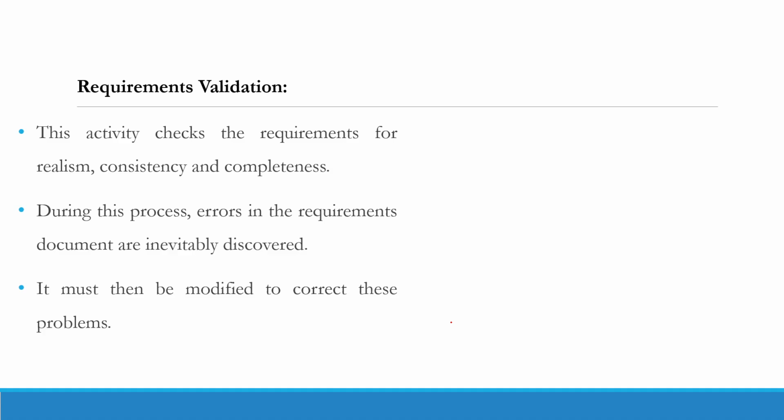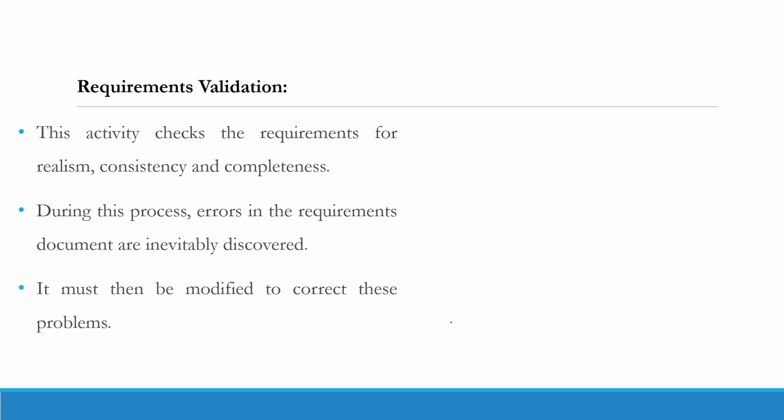During this phase, we are going to discover different kinds of errors. If there is an error, we are going to modify it to correct these problems. Otherwise, if we move to the next stage with a lot of errors, it will cost us more. It is the most expensive error that we can commit in software